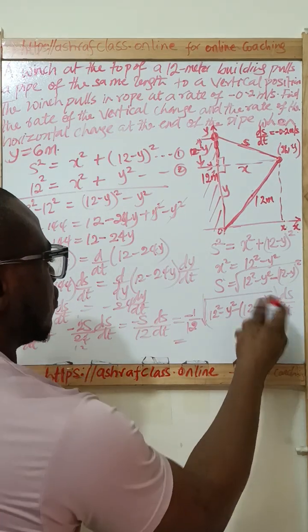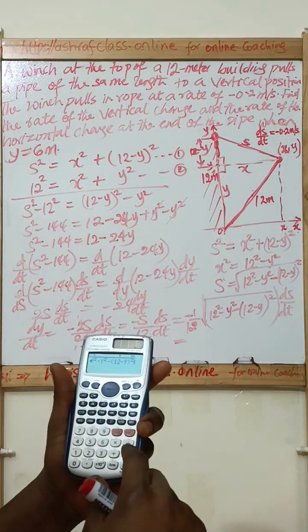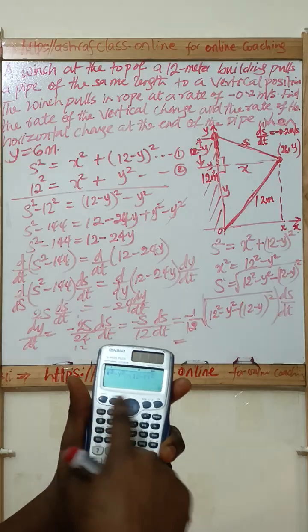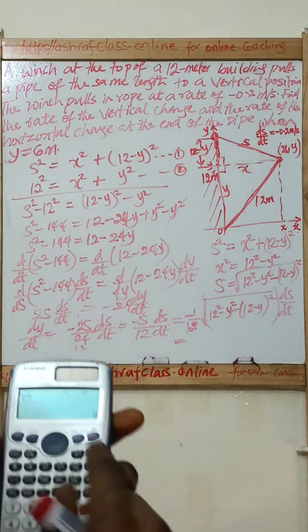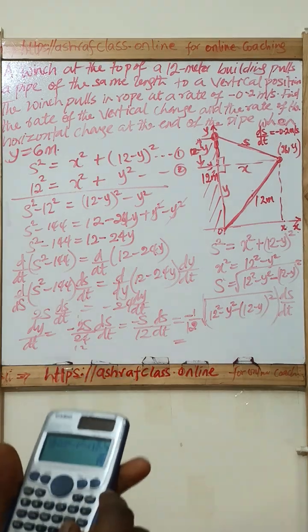So this is supposed to be 12 minus y, everything is squared, right? By the time we put everything there, press calc, y is equal to 6, put 6 there. Then we are going to get